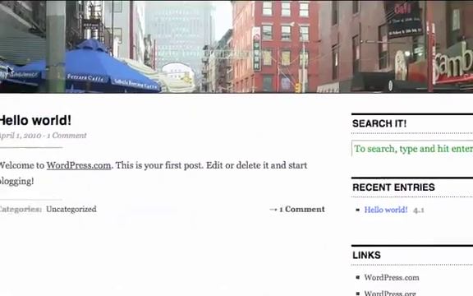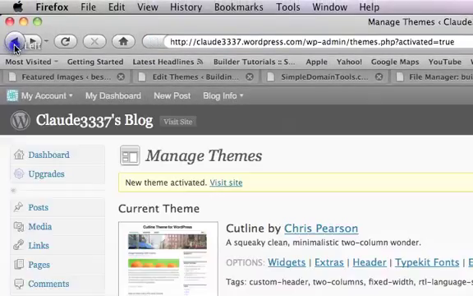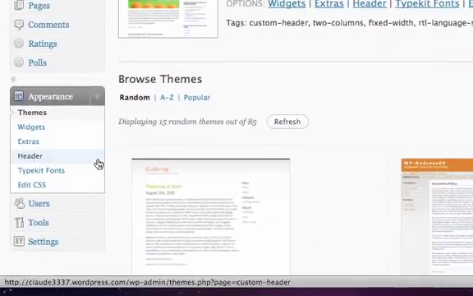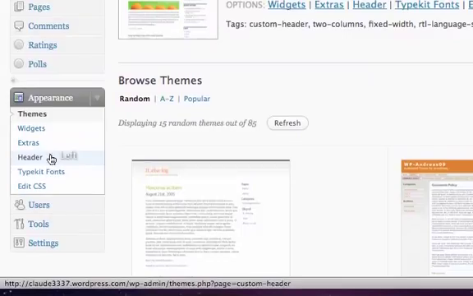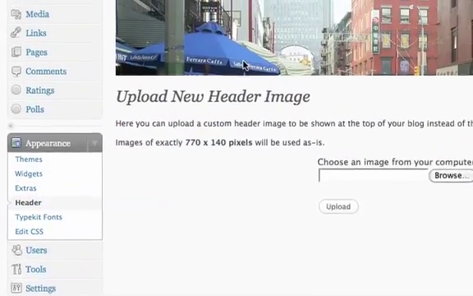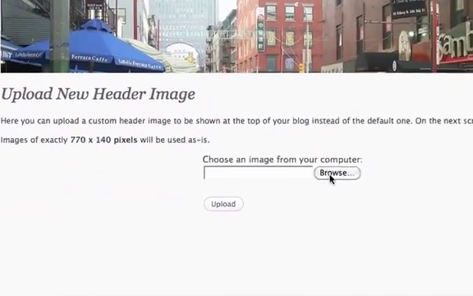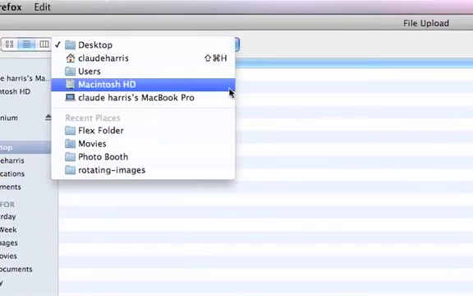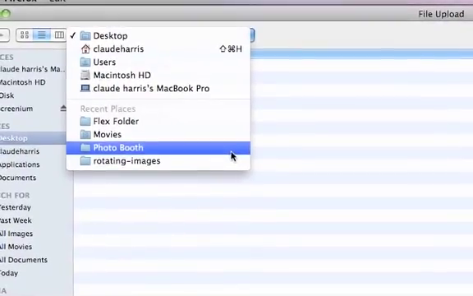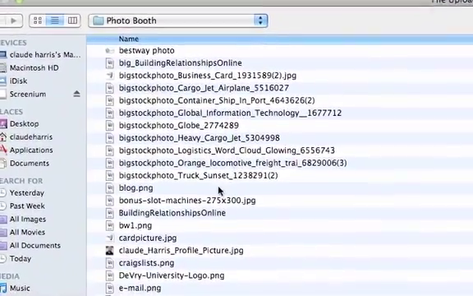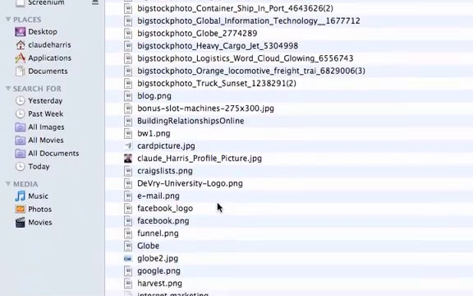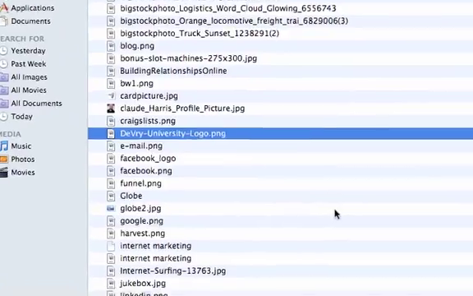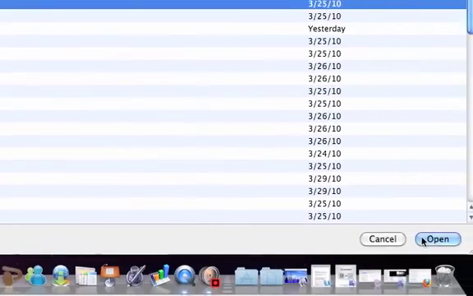So if I want to now start to play around with it, and I'm not going to go too deep on this because I don't have a lot of time with YouTube, but if I want to play around with the header, I can go in here and upload pictures. My pictures, and I'll show you how to store your pictures, I store them in a thing called Photo Boost. So let's say I want to go in here and use the DeVry logo here.